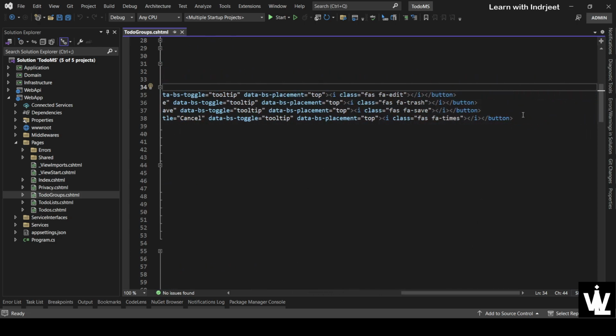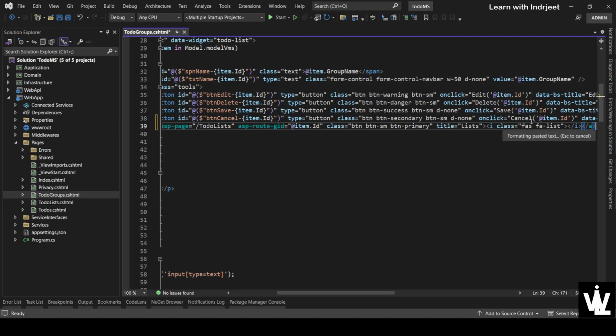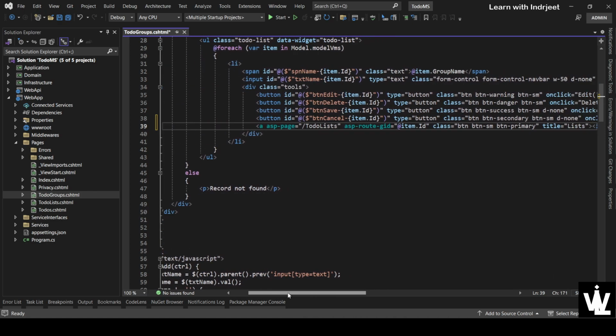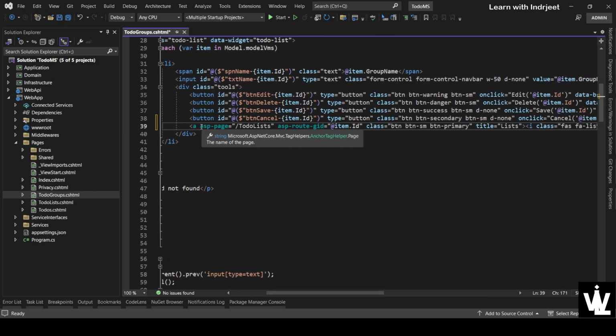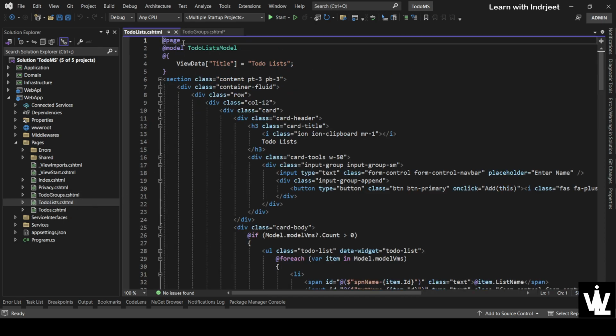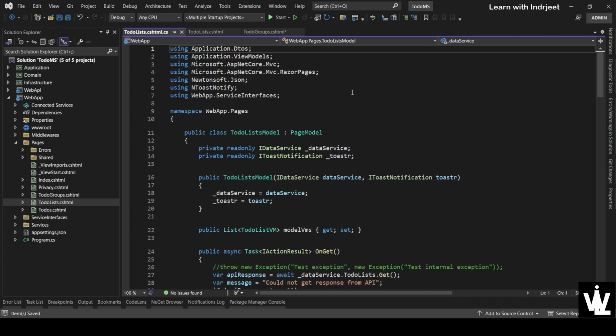So just below that, let's paste our anchor tag, which will take us to the to-do list page with a group ID of the group. Okay, so we want to tell this list page that you will have a param now. So let's tell it to have a GID param, which will be a nullable,